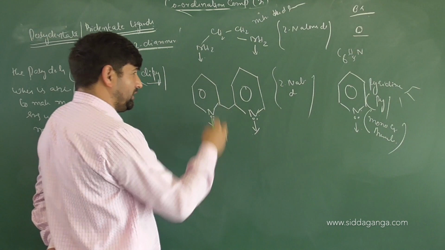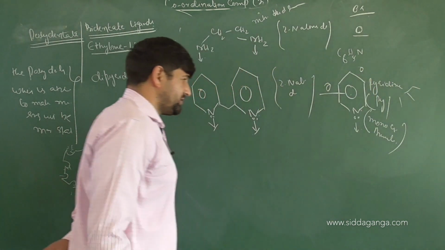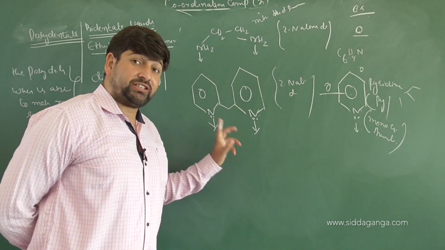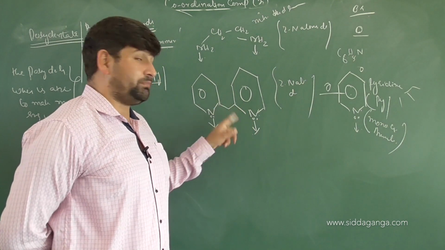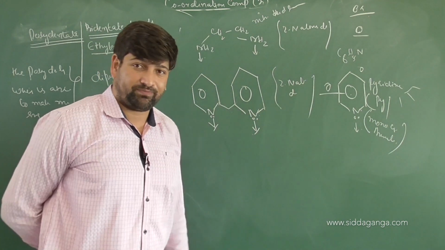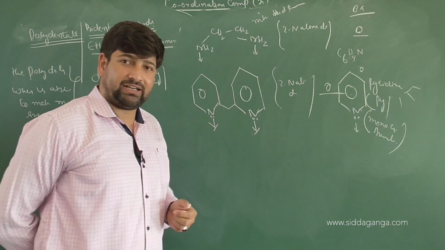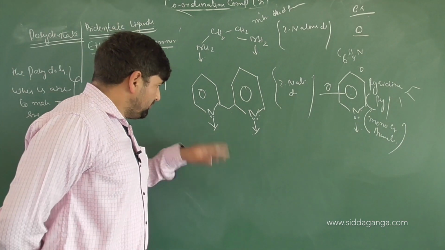You can see on the whole, what's the charge of this dip also? 0. What's the charge of pyridine also? 0. Keep it in mind, children. So it's a bidentate ligand. It can also bring chelation, but it will be sterically more hindered because it has got bulkiness on the sides of it. Clear or not? Anyway, it can donate from 2 nitrogens, so it's a bidentate ligand. Am I clear or not? Clear? Few more bidentate ligands.